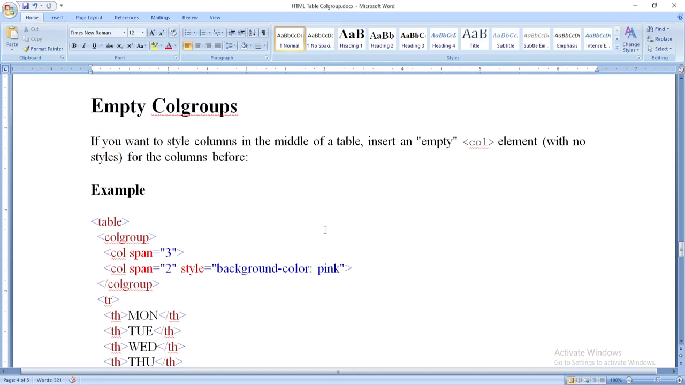for the columns before. So for instance, now I'm going to demonstrate this for you. After you have your table, don't forget you have your colgroup. After your colgroup, inside it you are having your col elements. So quickly, this one we are going to have one col. Let's say you want to style something in the middle of the table, let's say we want to style columns in the middle of a table, instead of using this